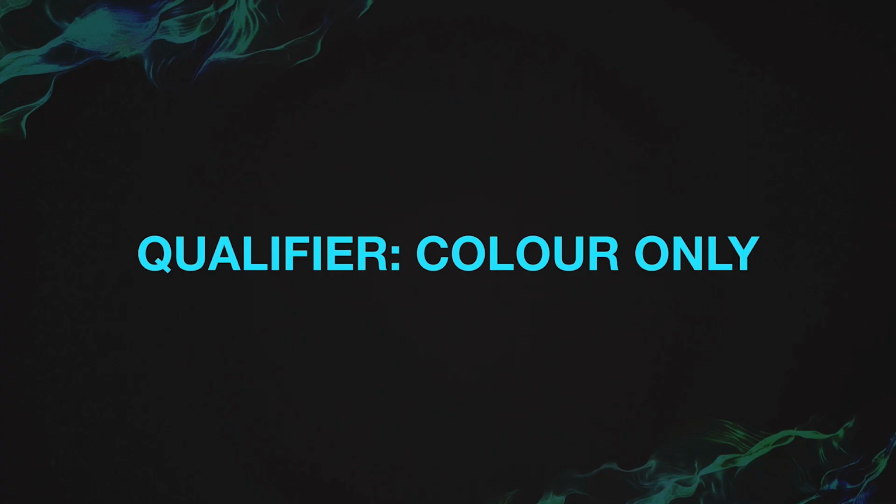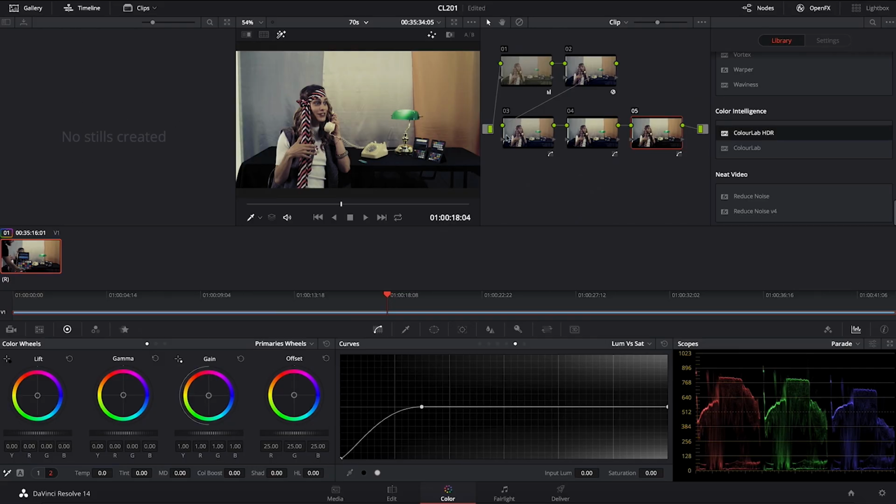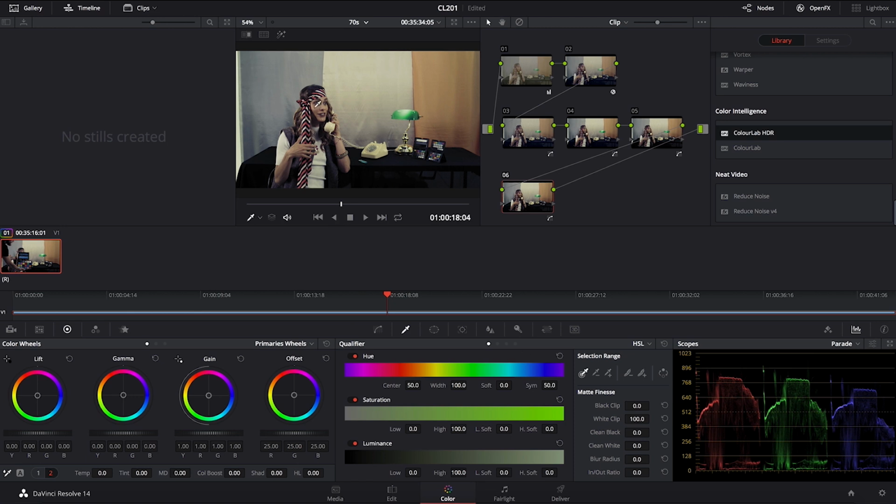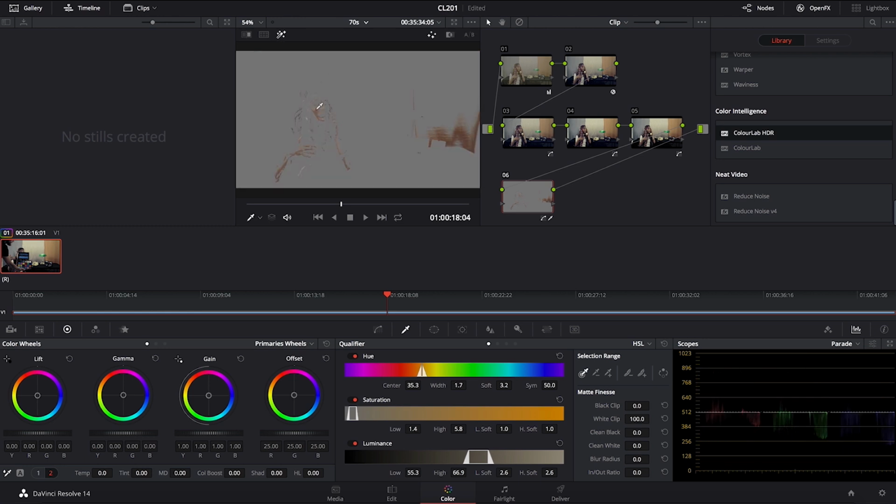When we are using qualifier, a great tip when working with DaVinci Resolve is to use qualifier in a way that you are controlling color only. So what I mean by that is the following. I'm going to go into my qualifiers, and then I'm going to select her skin. Okay, so let's see what we have picked up. I can see that my skin is very close to the other side of my shot, so I'm going to have to